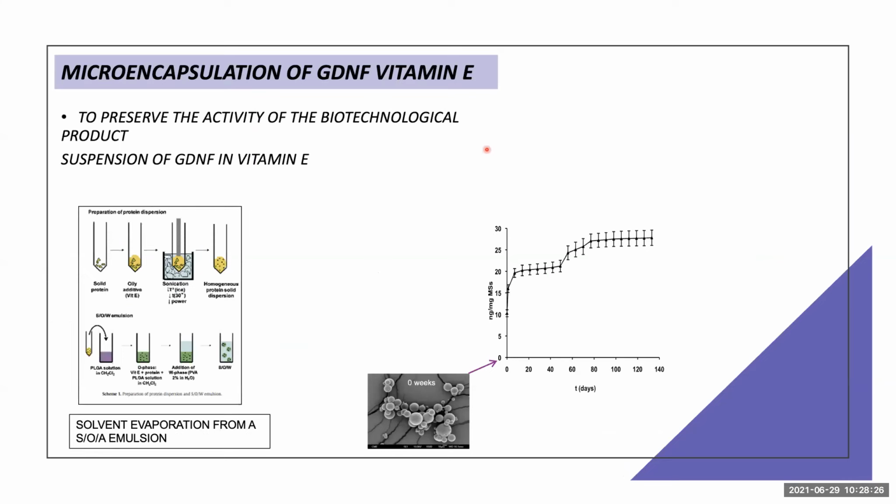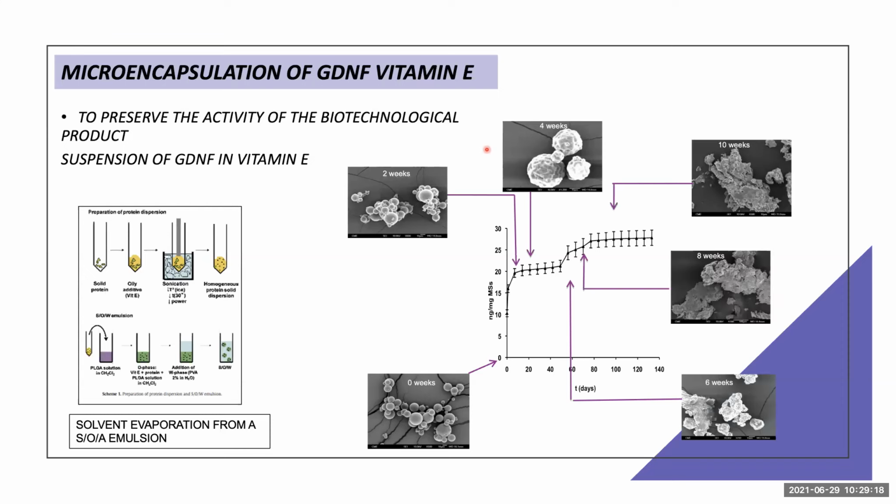In this case, we encapsulate this biotechnological product, and we developed a novel method to preserve its activity. How can we do that? By suspending the GDNF in vitamin E. Thanks to this technology, the GDNF is included in the formulation as a solid, and the first time it is dissolved is from the particles. So this avoids most of the problems associated with the stability of proteins inside the particles that Zubair told us about yesterday. So the particles were able to release the GDNF, and as can be seen, the particles change shape, disappearing